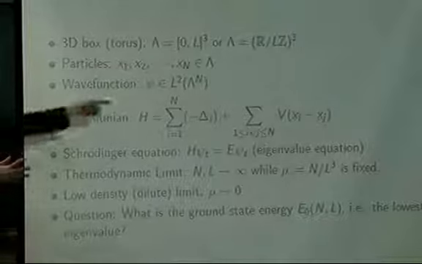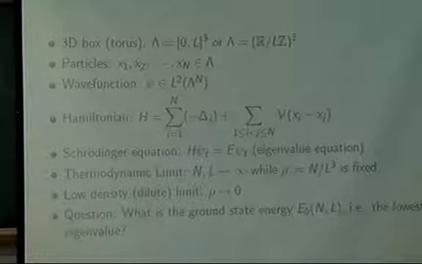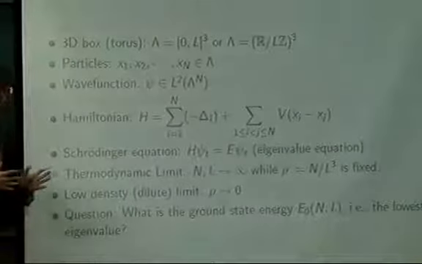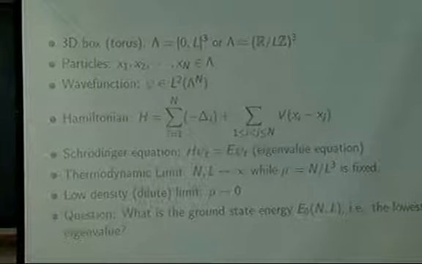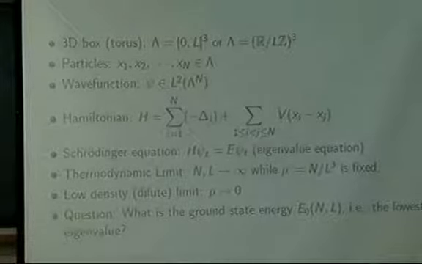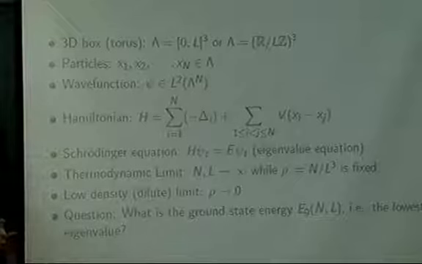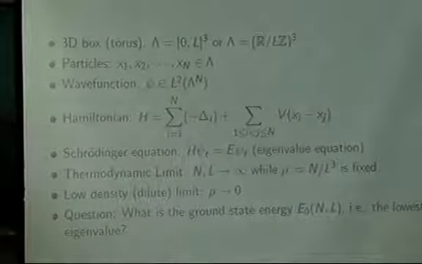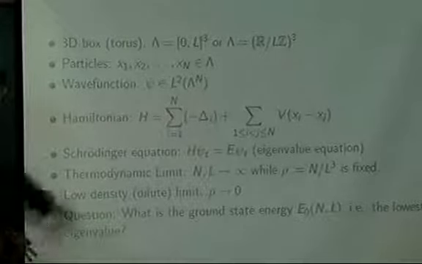But again, you can think of V as a function like this. You can assume that it only depends on the distance between i and j, and it is bounded and compactly supported. For some problems, you can also think of V as repulsive, or V is non-negative. The Schrödinger equation in this case does not involve any t. It is the time-independent Schrödinger equation, H psi equals E psi. So you can think of it as an eigenvalue equation. H is an operator, E is an eigenvalue, and this gives the energy.